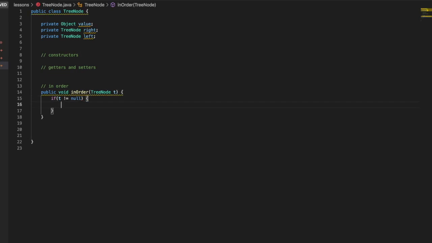And then we want to go to the left. So this is recursive, which means we can continue calling in order on this tree's left node, which we can do with a getLeft method, which is one of the getters that we would have typed before. And then we can get the root node. So this get value is the value in the root node, or the current node that you're in right now. And then you can call in